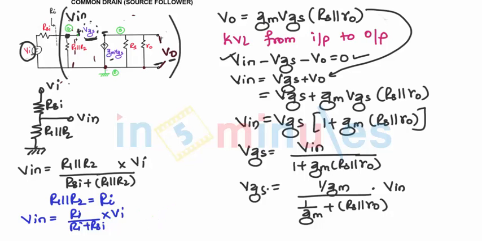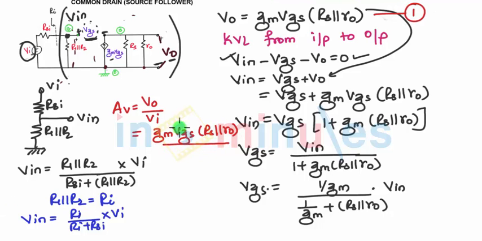So I can write the voltage gain final equation, AV is nothing but VO upon Vi. What is the equation for VO? We can say VO is nothing but gm into VGS, into RS parallel to RO. This equation I am using, divided by Vi. We have got Vi in terms of VGS, that is from, you can say, equation 2 and equation 3. Instead of Vin, if I am substituting Vi, what will I get? I will get VGS into 1 plus gm into RS parallel RO.